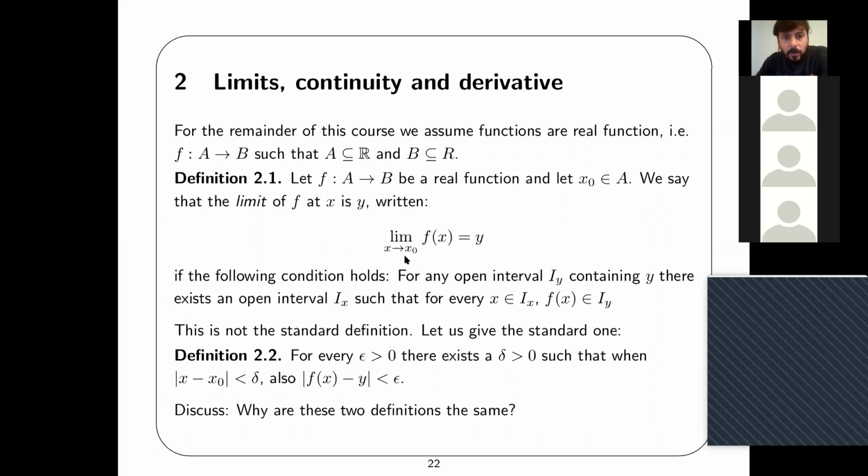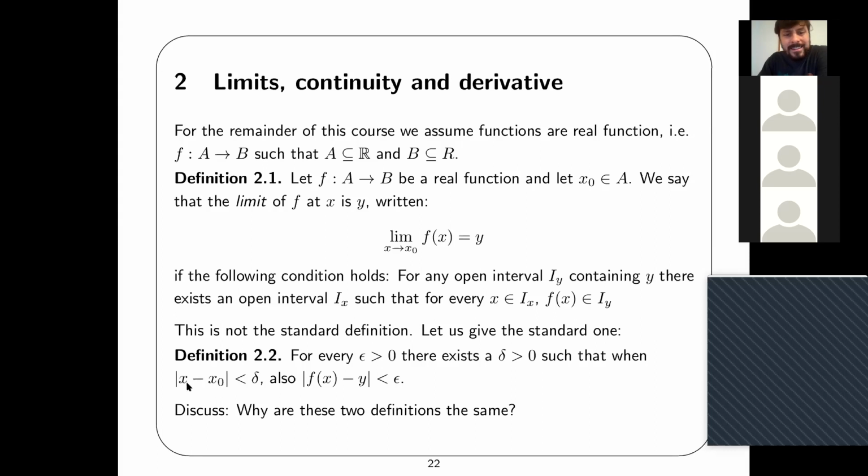There is an open interval around this x0, it should be I_x0, not y. I_x0 contains this x0, such that for every x, every element on that interval, this function value belongs to that interval. So in essence, the standard one is to mention this so that for every epsilon greater than 0, there exists some delta greater than 0, such that